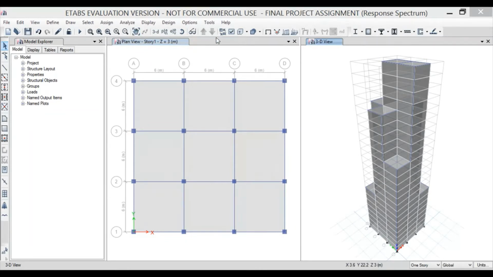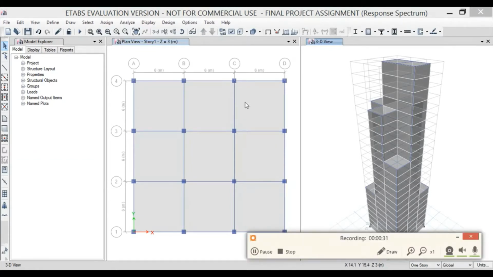In this video I will be showing you the analysis and design of a seismic resistant building, which is carried out by two processes. In this structure, I have defined the various material properties as well as the section properties. After defining the material and section properties, I have carried out the seismic analysis by two methods, that is the response spectrum analysis method and time history analysis method, after which we can study the design of the various members of the G+23 story structure.